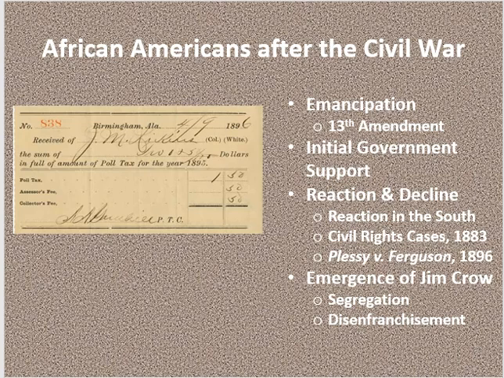They had white primaries. White primaries were basically white-only Democratic primaries. Since the Democratic Party was the ruling party in the South, typically the only candidate who had a chance to win most elections was the Democratic candidate. So if you exclude Black people from voting in the Democratic primary, then even if they got the right to vote in the general election, it wouldn't matter very much.